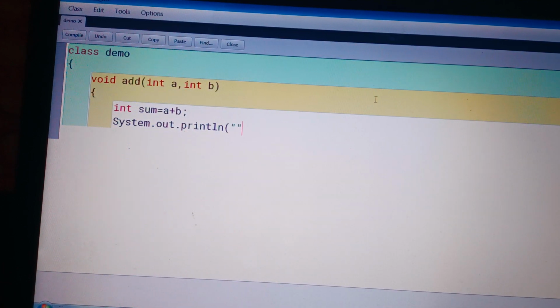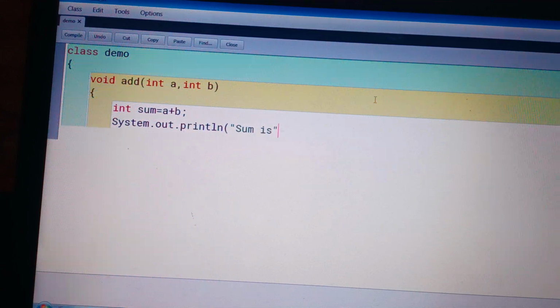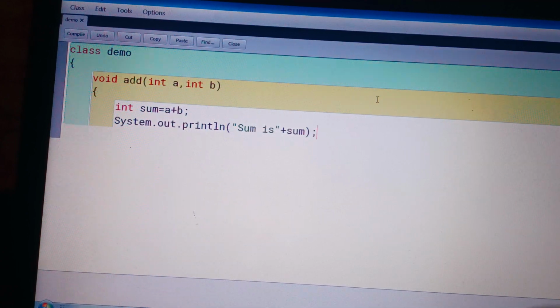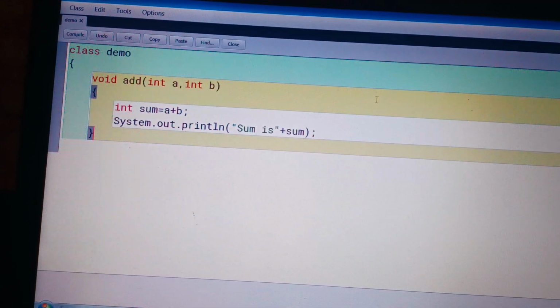"Sum is" plus sum variable. Okay, and close this function. In this function only we want the sum of these two numbers.